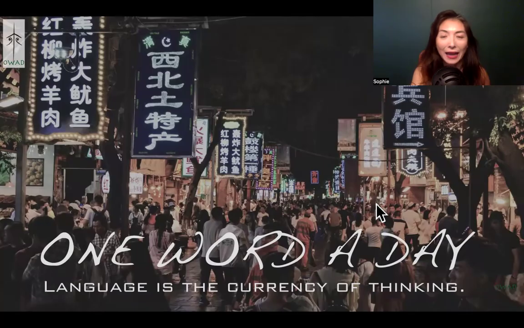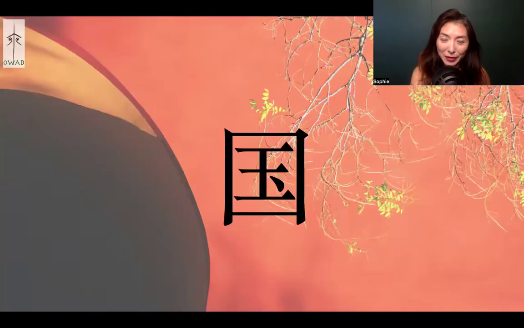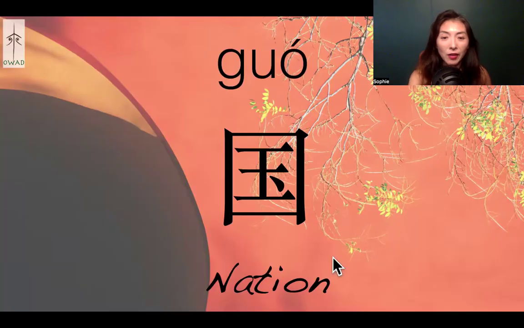Let's continue unpacking boxy Chinese characters today. And today's character was correctly predicted by one of the audience members. It's guo. It's a very common character in Chinese because once we talk about country or nation here, I translated guo is